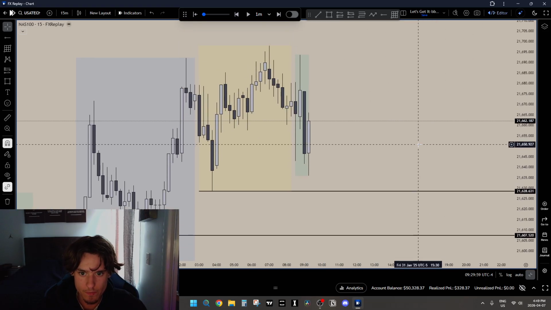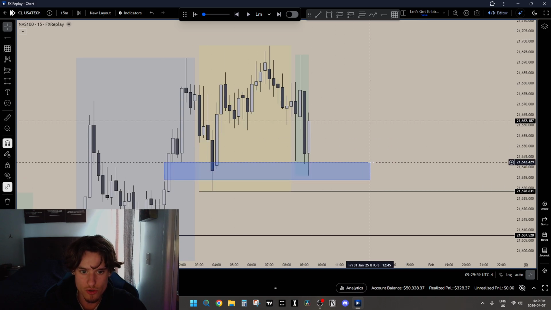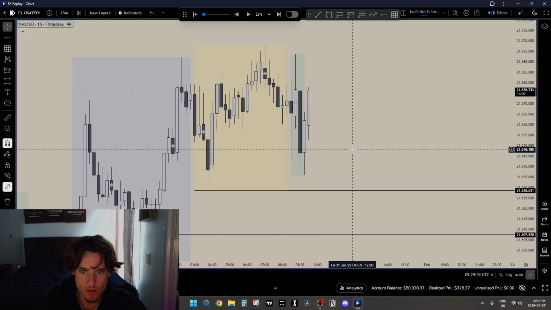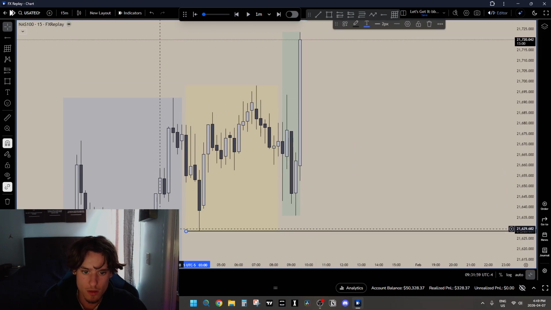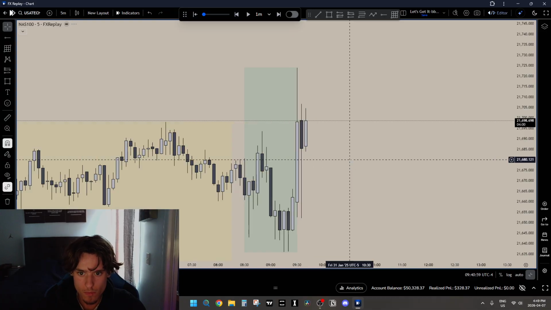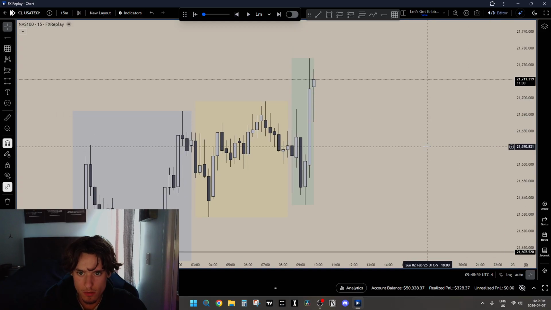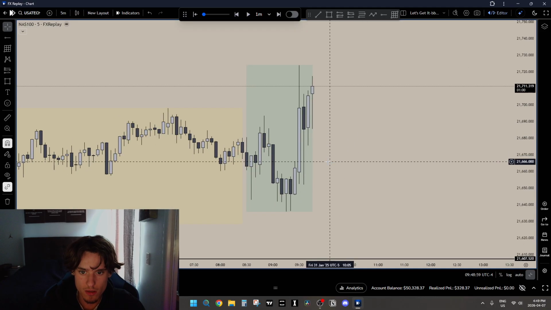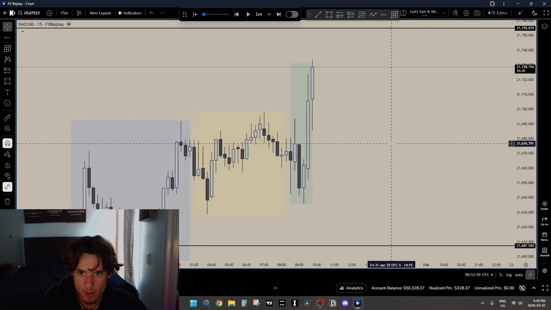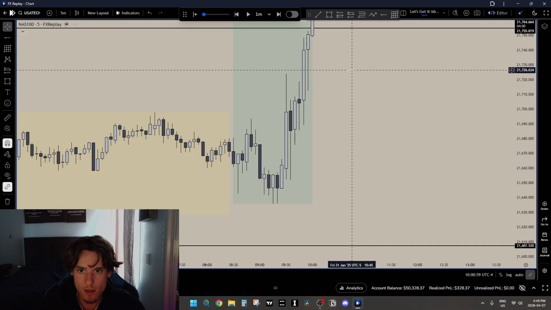15-minute. Damn, this is tricky. Honestly, I wouldn't mind if we had a push lower, sweep out these lows, and then have continuation higher. We're just gonna have that continuation higher right away. Okay. We don't have a 15. I mean, we don't have a 5-minute fair value gap. Can we form a 15 before we take out that high?